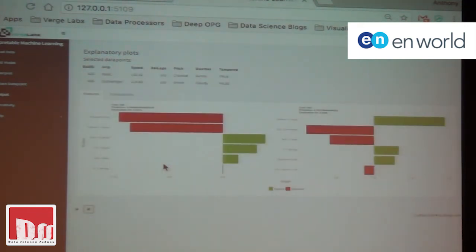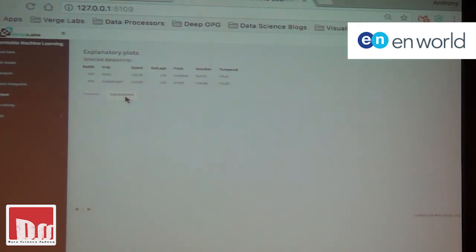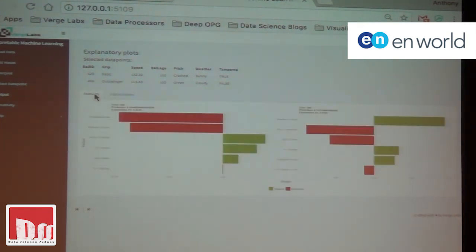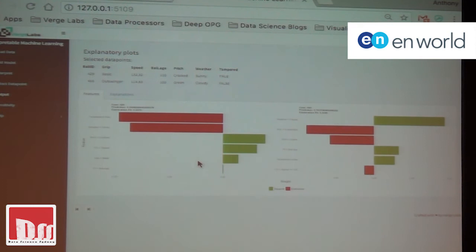All right, so this is the main Lime output you get. You also get an explanations plot, but it shows the same thing. Not quite sure why they did both. And what it shows, the red and the green just shows the direction. So big red or big green means it's important. It's picked the top, I think I specified 5 or 6 top features to pick, and it's seen what effect it's had on each of those cases. It will also show the prediction of your local model against the prediction of your full model. That gives you a guide as to how good your local model is at that stage.